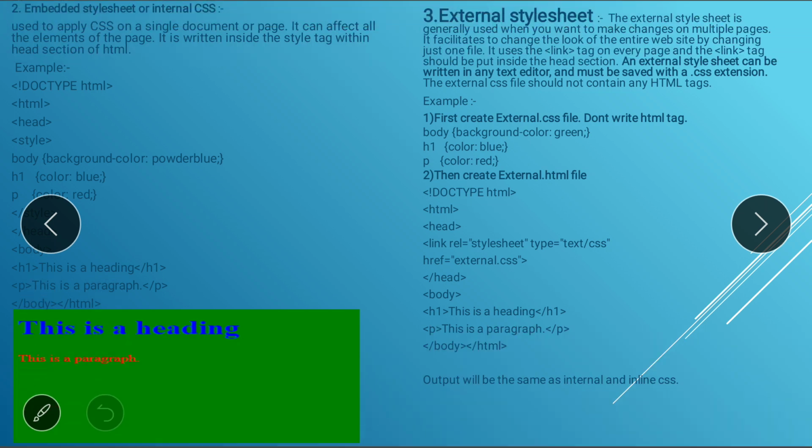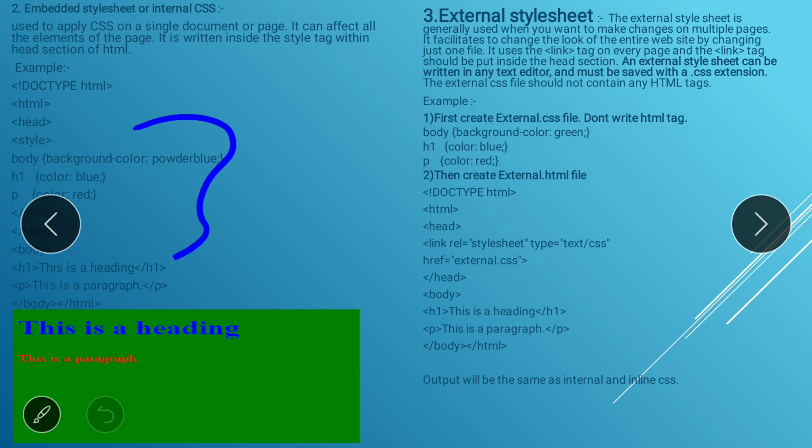I already told you, you have to write down the CSS block in the style, and that style we also have to mention in the head part.